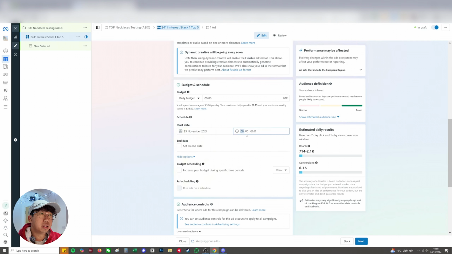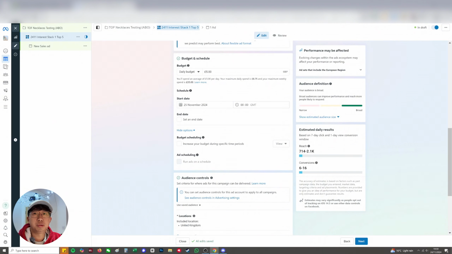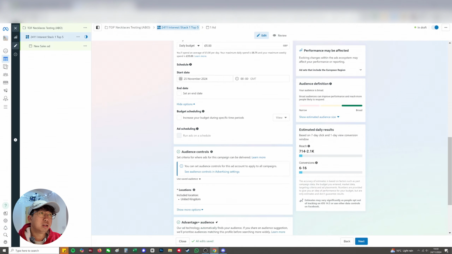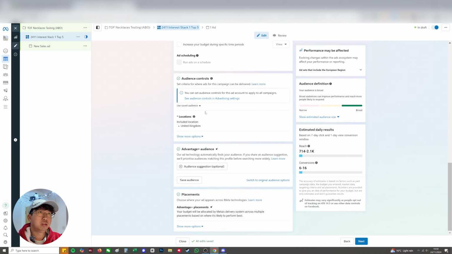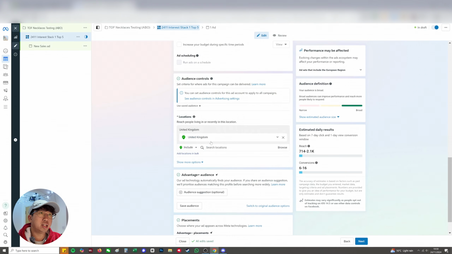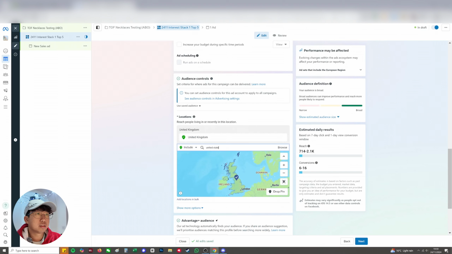And sometimes you may have to put 12:00 AM, but for me it's 00:00. And this basically means these ads will start the next day at 12 a.m. Leave these ticked off. And the locations here, we're going to add United States,